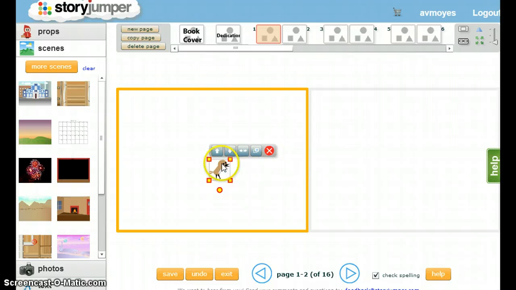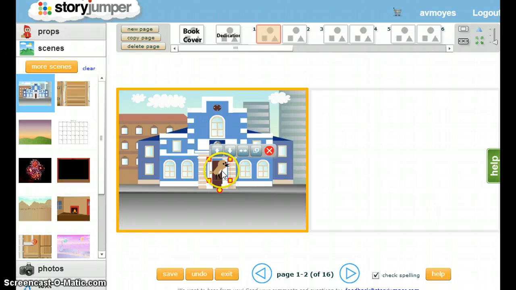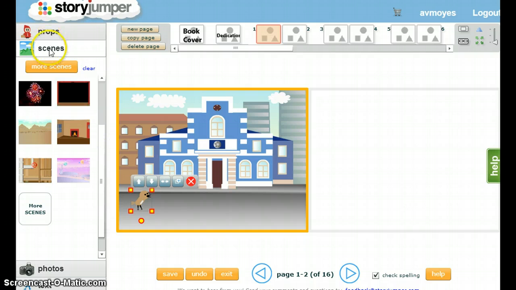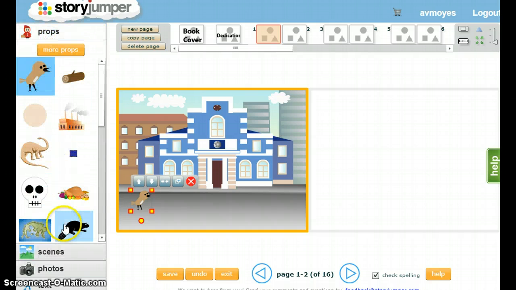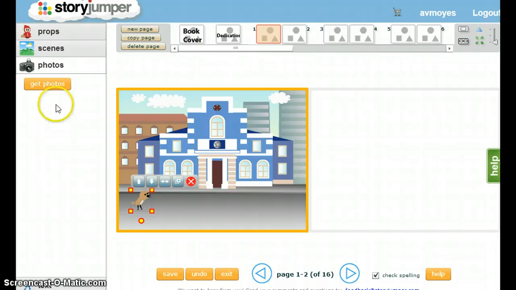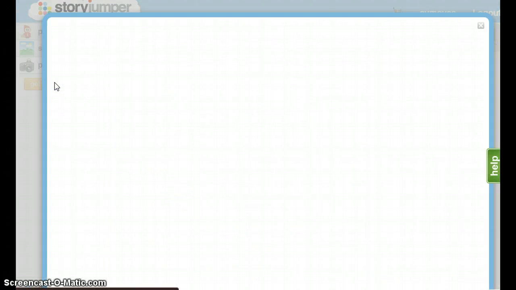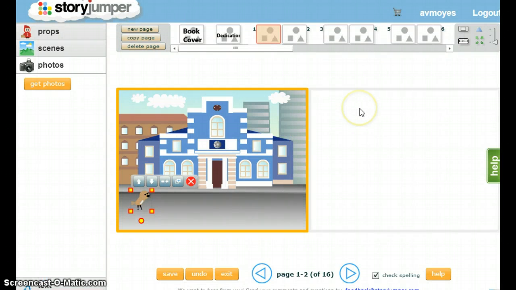And for this one though, it definitely will take a lot more creativity. You can put in different scenes and different scenarios as well, so that's a little bit more fun for you. You can create scenes, there's props, you can insert your own photos if you would like, from all different sources as well. And so this one on Story Jumper has a lot more